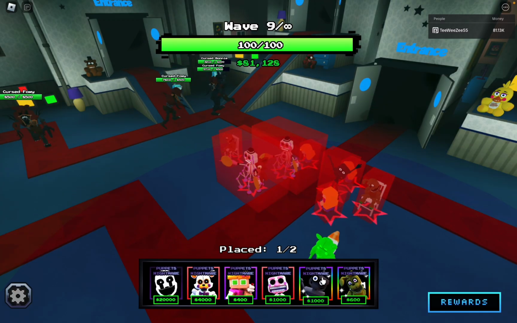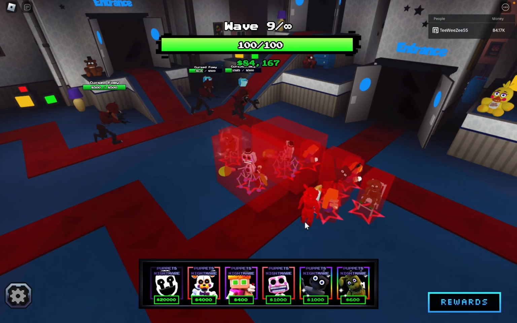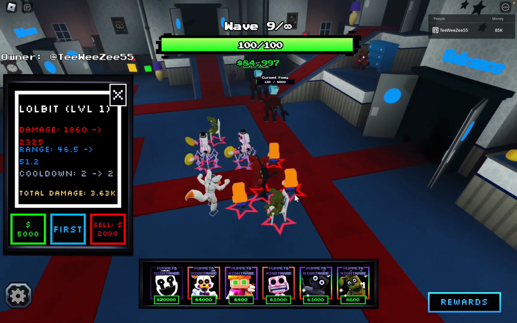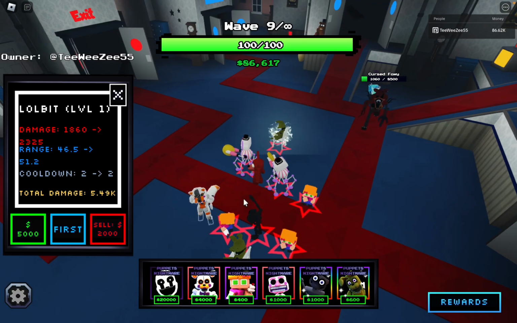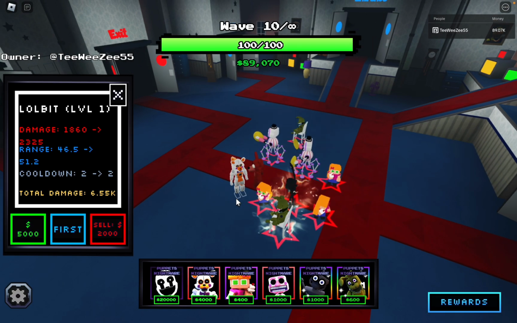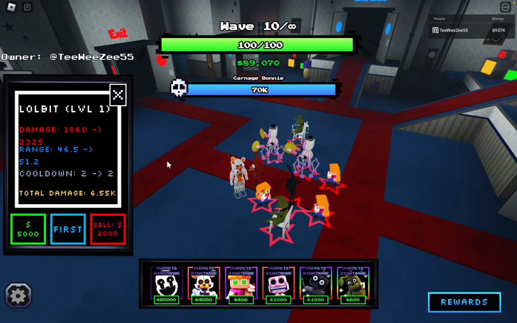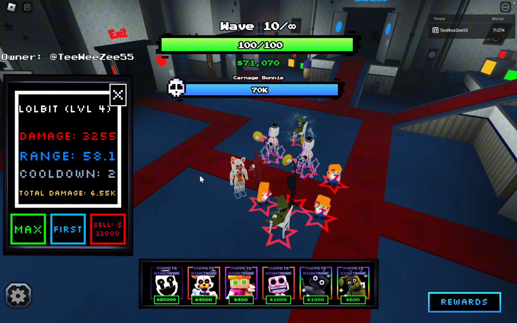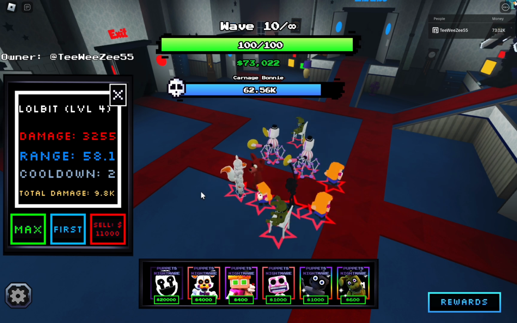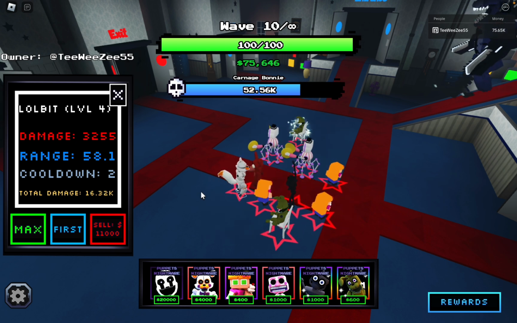Same with the Marionette, which we got for getting Nightmare Bonnie last season. And we're going to go ahead and take a look at these animations. So she just jumps out and scares them. And I forget what kind of damage she is. I believe she's like cone something. But let's go ahead and max her out. So it looks like to place and max out is 22,000. I mean, those stats are not bad for a...